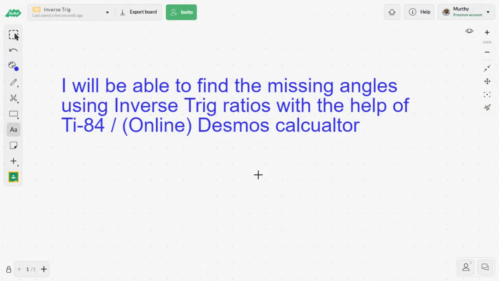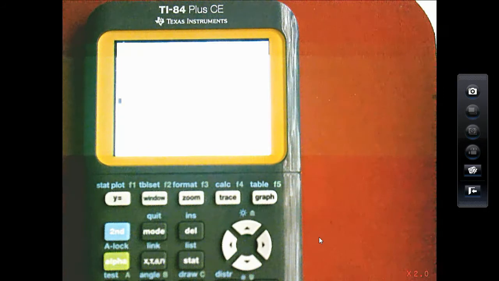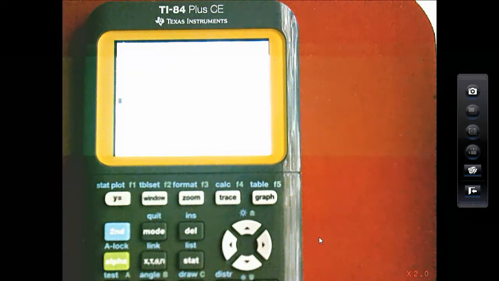Well, in today's class, you'll be learning to find the missing angles using inverse trig ratios with the help of a TI-84 or online Desmos calculator. Let me show how to use the calculator. So first, turn it on, and the first step is